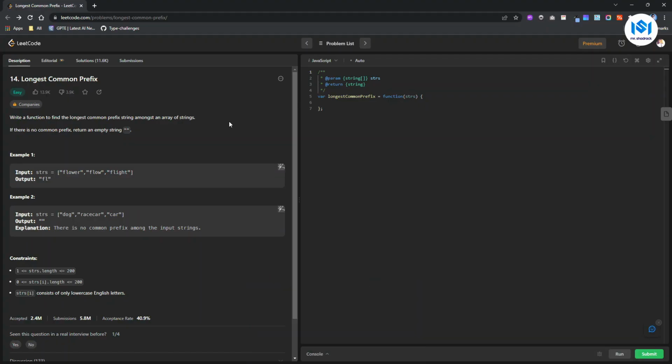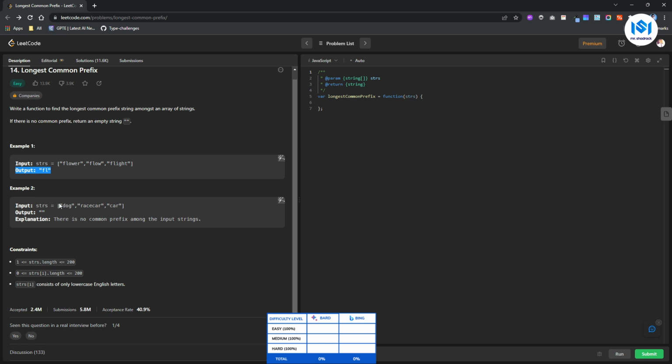Alright, so I've opened leetcode and I'm going to start with an easy question. Here it says write a function to find the longest common prefix string amongst an array of strings. If there is no common prefix, return an empty string. And here is an example. So we have flower, flow, flight, and you could see the common prefix here is FL, as you can see from the output. And for example, this one, dog, racecar, and car, as you can see from the prefixed words, there is no common prefix, so it is going to return an empty string, right?